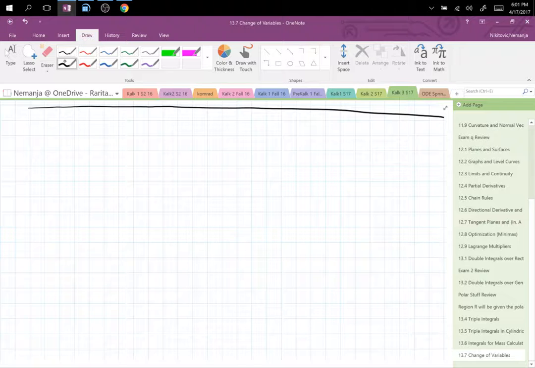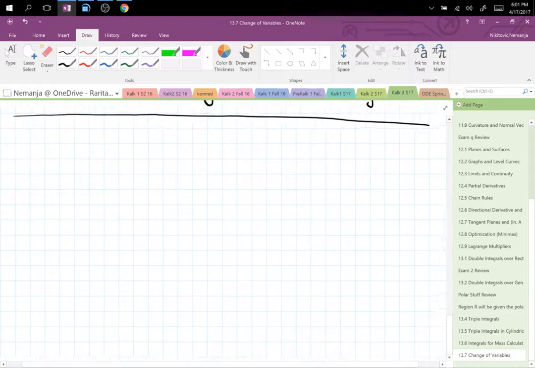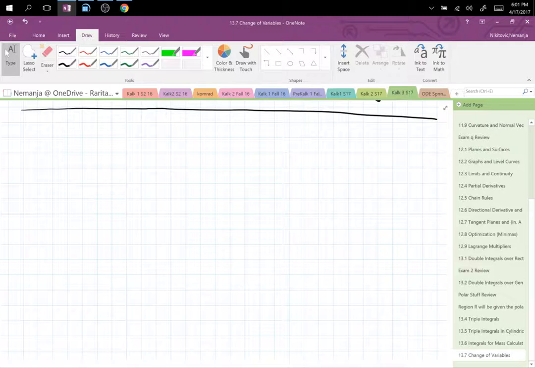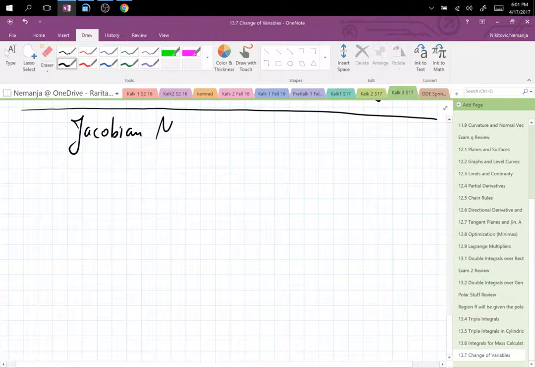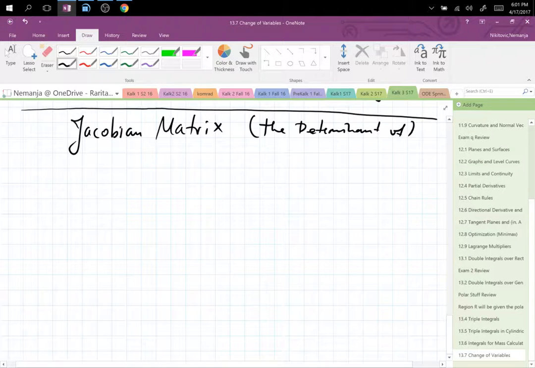So after we transform the region, we're also going to need something that is called the Jacobian Matrix. So the determinant of the Jacobian Matrix will be the equivalent part of that transformation of dx into du. So we are talking about the Jacobian Matrix, the determinant of it. So in two variables, the Jacobian matrix